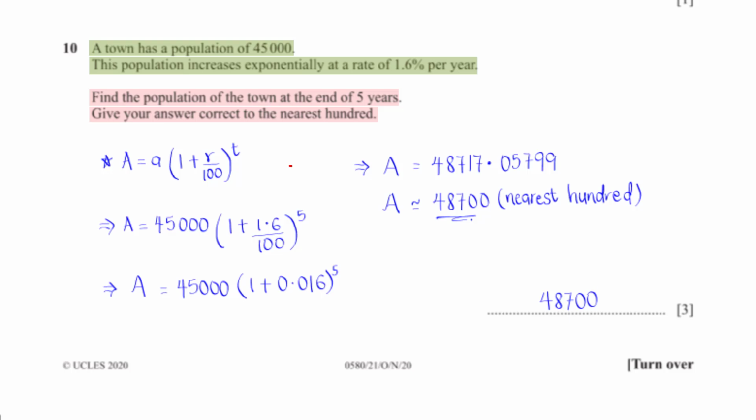So in this case, we apply the exponential formula. Big A represents the population at the end of 5 years. Small a represents the initial population, R represents the rate, and T represents the time duration in years. From the question, we've been given small a as 45,000, R is equal to 1.6, and T is equal to 5. And so when we slot these values into our equation and type it into our calculator, we have